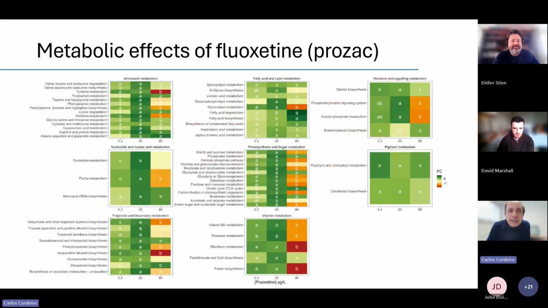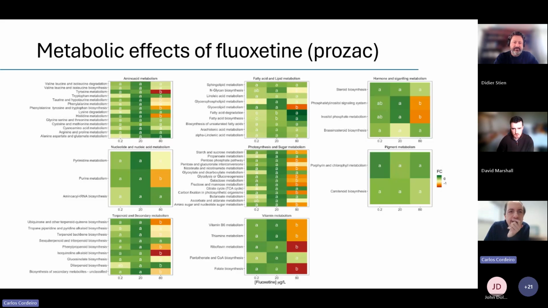So among the things that are affected, of course, is amino acid metabolism. It's not very much affected by lower concentrations, but it changes a lot, particularly on things that go to tyrosine. These are not very abundant amino acids, so they are quite critical metabolically, and this is one that has quite changed. Nucleotides, terpenols, and fatty acids also change a lot.